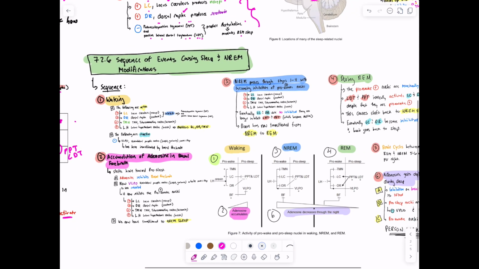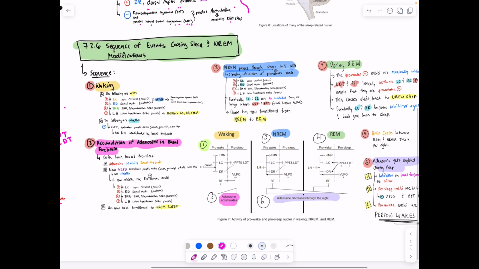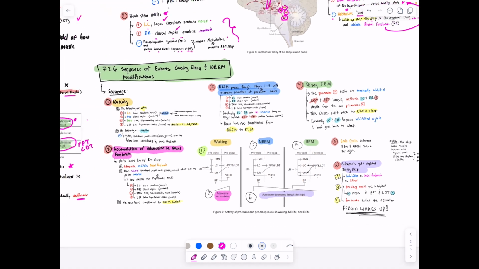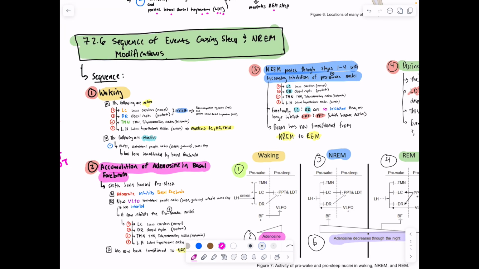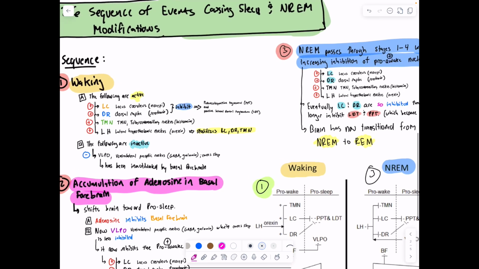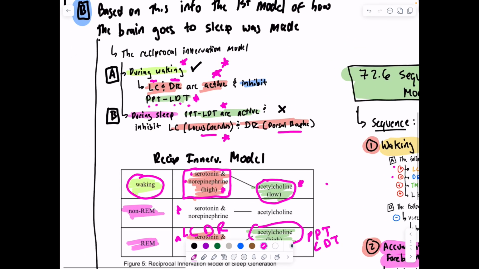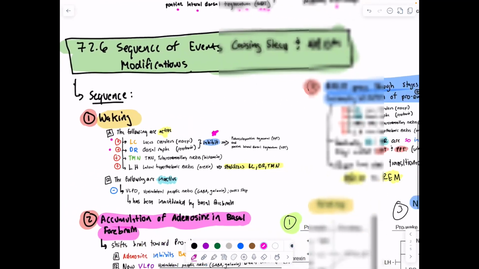What are the sequence of events causing sleep? I have written them all out here, but this chart is actually quite good. First off, waking: if you're awake, the pro-awake nuclei are going to be active. That means the locus coeruleus and the dorsal raphe are both active, and just like in our original theory of sleep, they inhibit PPT and LDT,